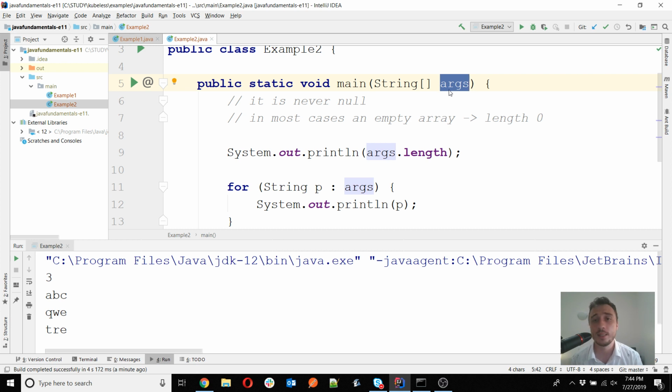Okay, and this is about the parameter of the main method and a little bit more about the main method, which I think and I hope it's clear for the moment. And again, if I don't have any other questions, at least now from the live viewers, I will just go to the third example, in which I want to enter a little bit in more details about the static as being used for the declaration of the method, because I remember to have already discussed the static as being used